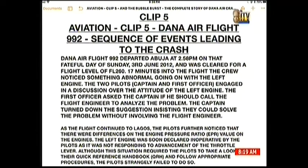As the flight continued to Lagos, the pilots further noticed that there were differences on the engine pressure ratio value on the engines. The left engine was soon declared inoperative by the pilots, as it was not responding to advancement of the throttle lever. Although this situation required the pilots to take a look at their quick reference handbook, usually known as QRH, and follow appropriate procedures,